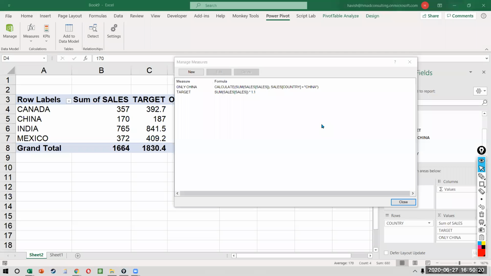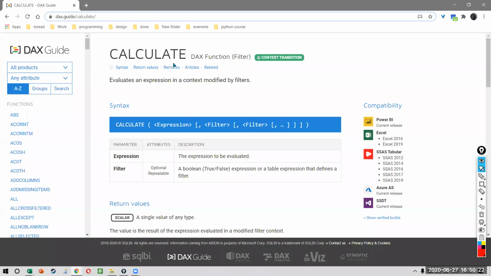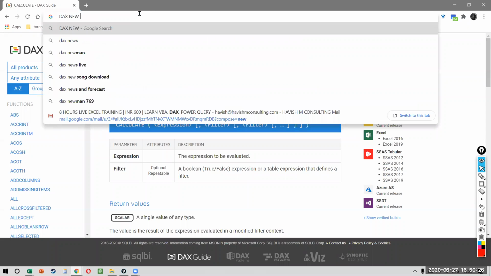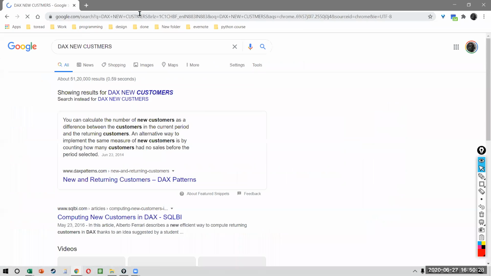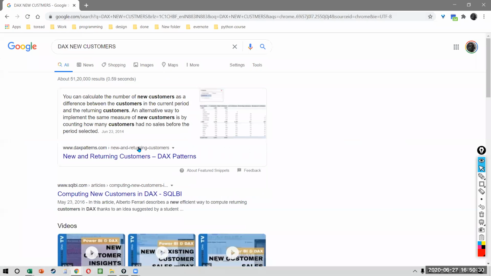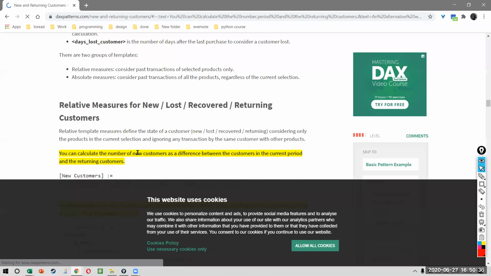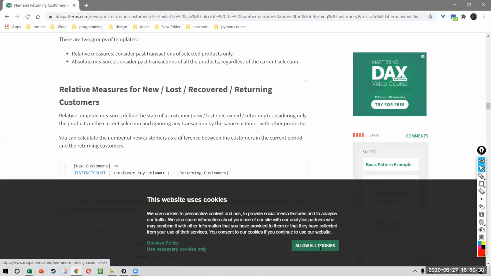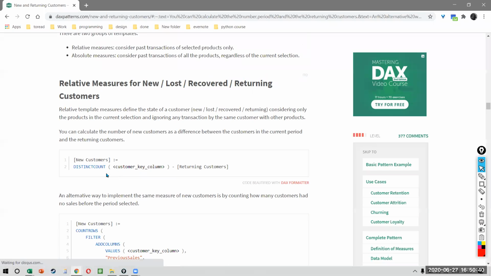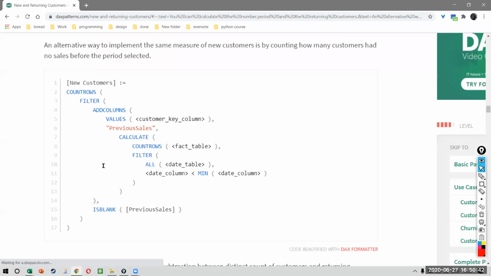Okay. And let me just give you an example. Like if you try to write DAX new customers, just see the length of the formula, okay? And you will know what I mean. It starts very simple, okay? But then look at all this.